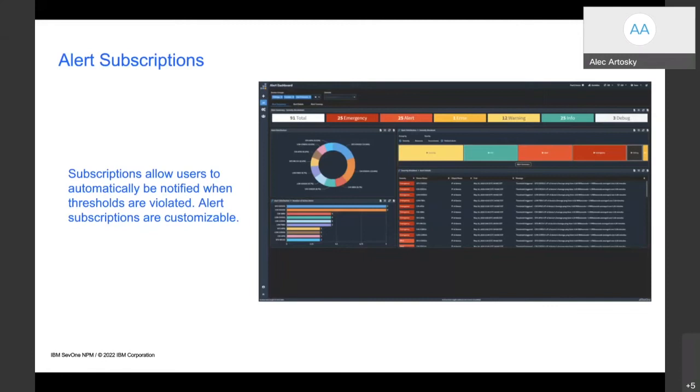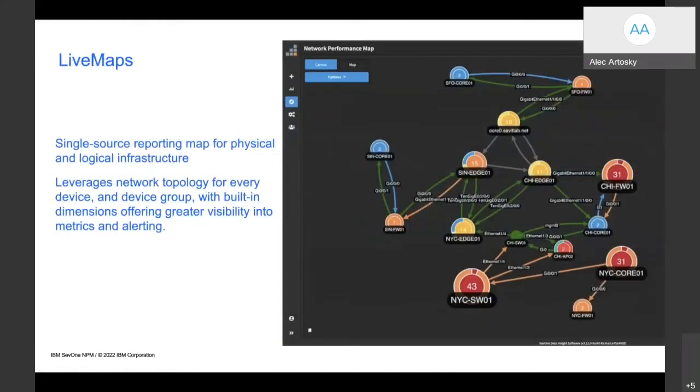So we're not just a collector of data, we're also here to help you get the data to the right place, as well as be able to understand what that data is and how it directly affects you and your business. And then lastly, this is a new component of SevOne that has been added in a very new release, which is live maps. The ability for SevOne to actually understand the architecture of your environment, automatically build out how these devices are interconnected, how they're all associated, and then show you things like alert capabilities, traffic passing through, and ultimately give you a very quick vision of what my environment looks like without having to do any work and being able to then drill down and access data sets on the fly.